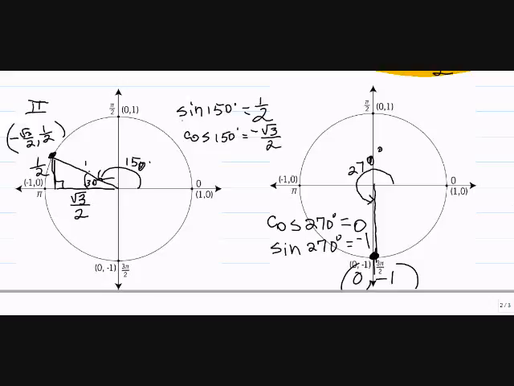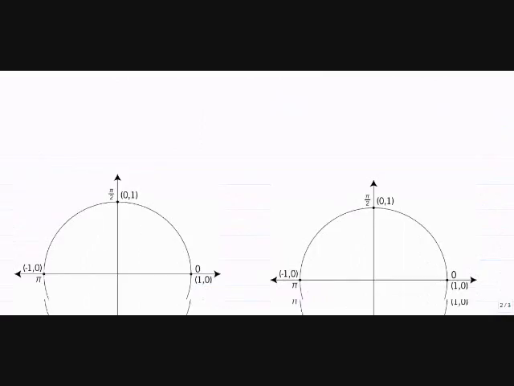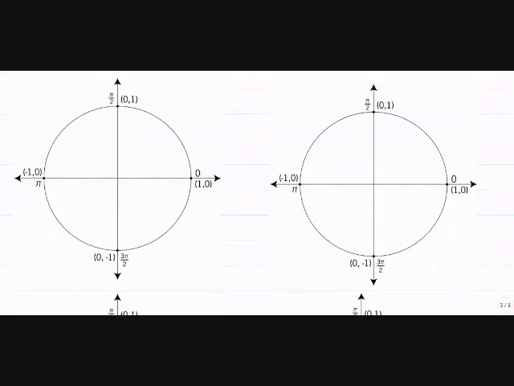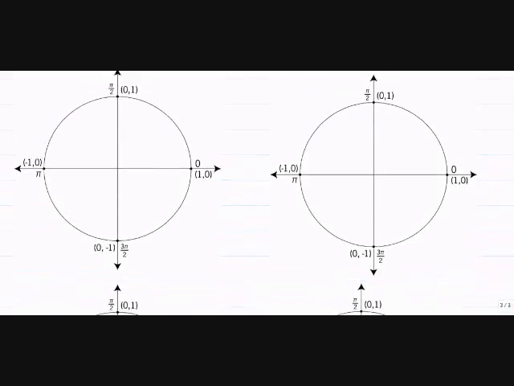The cosine is always the x, the sine is always the y. Remember, that's something to memorize. Cosine is x, sine is y. Okay. So you want one to go over, or overlap a little bit? Okay. So,